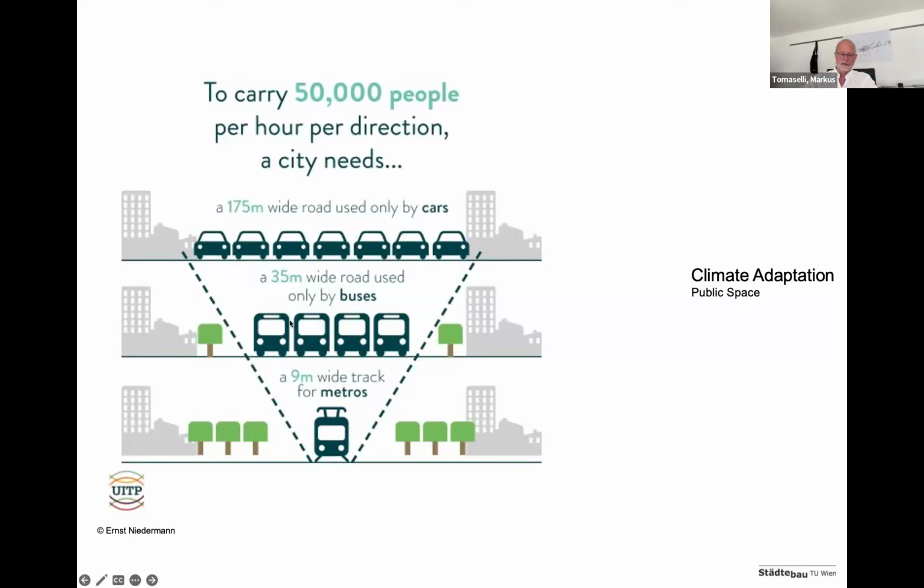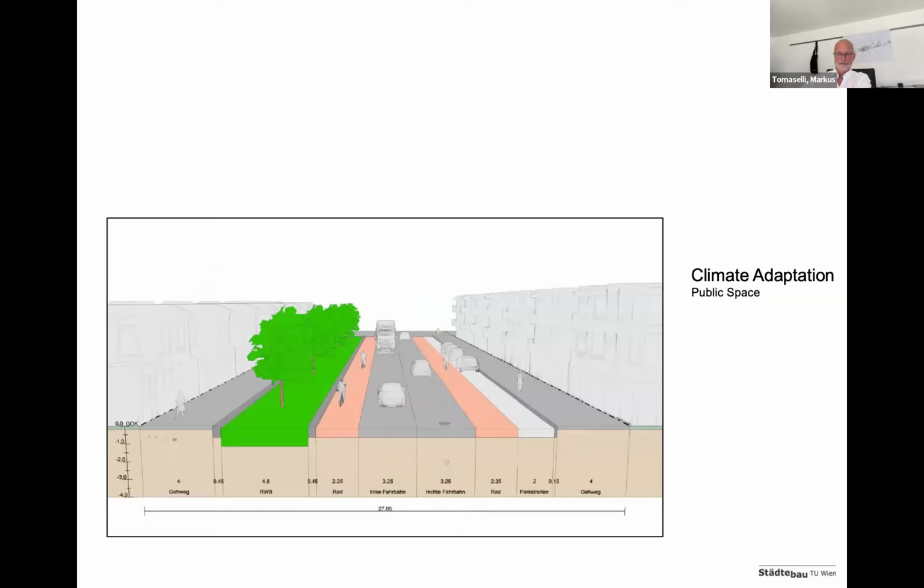And when you go further to tramways, metros, and so on, the need for transportation space can be reduced even more, and you gain space for green space, for water management, but also, of course, for pedestrians and active modes of transportation. This is just a measure that gives you an idea